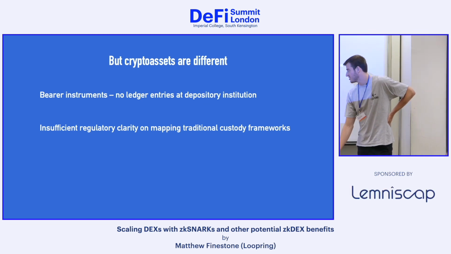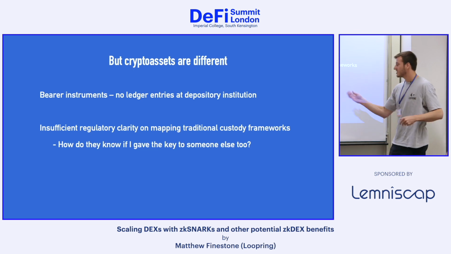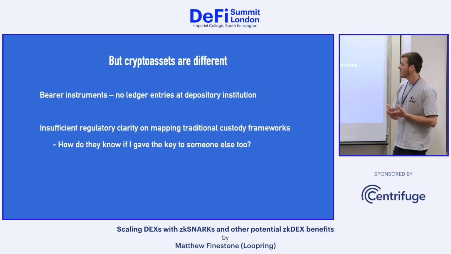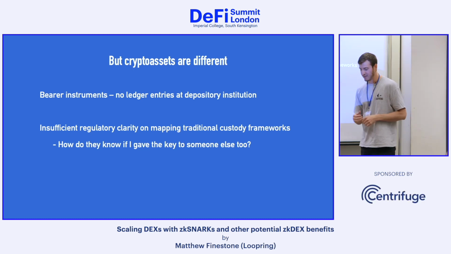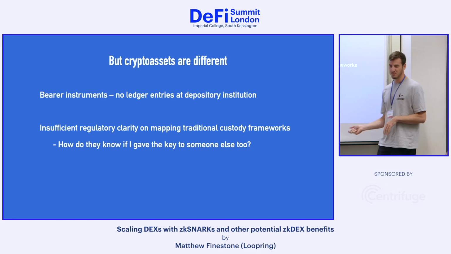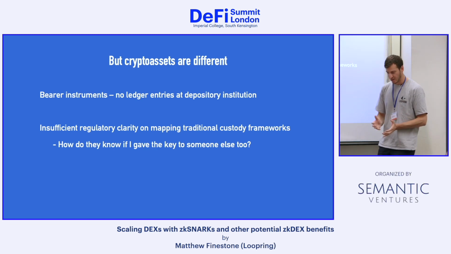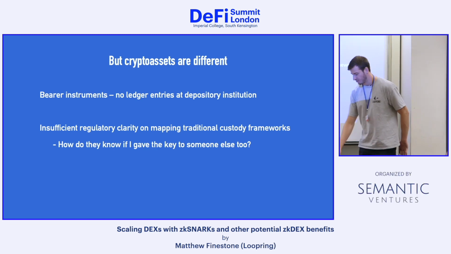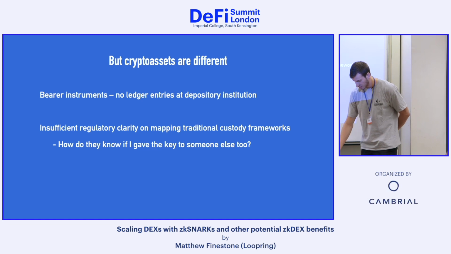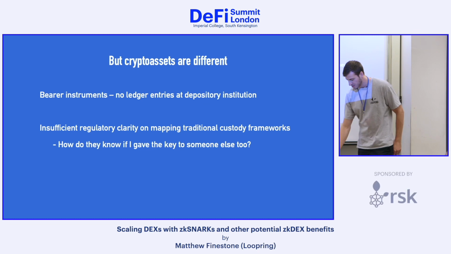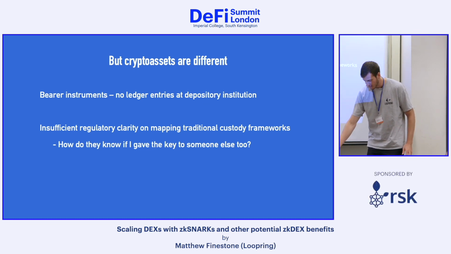One thing I find interesting is when you give a custodian your assets and they're well-known and maybe insured and heavily regulated, how do they know, and this is actually a question I have, how do they know that you didn't give that same key to somebody else, right? It's just like a completely different paradigm. Of course, they could generate an address for you and then they know kind of how clean it is or what's going on. But the regulatory frameworks are not advanced enough yet.